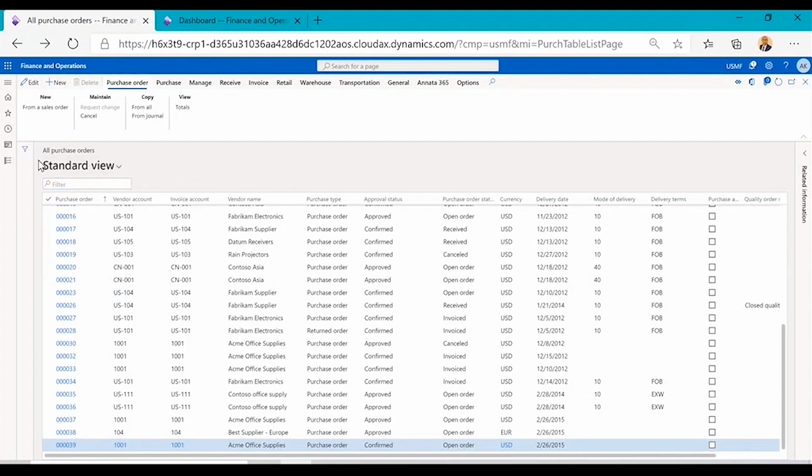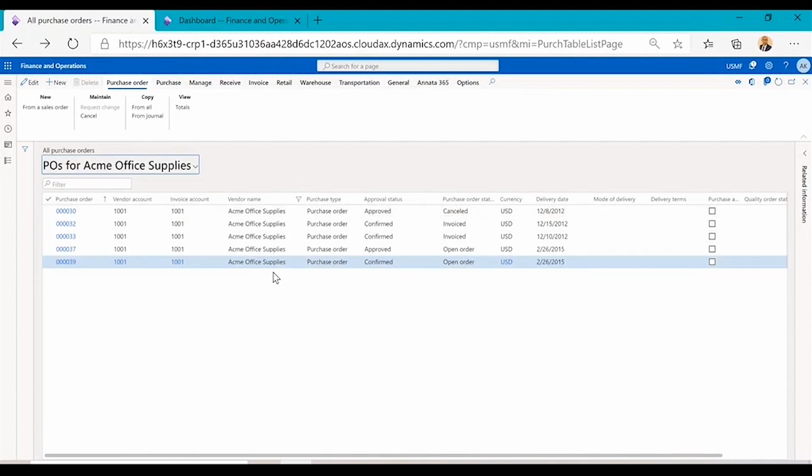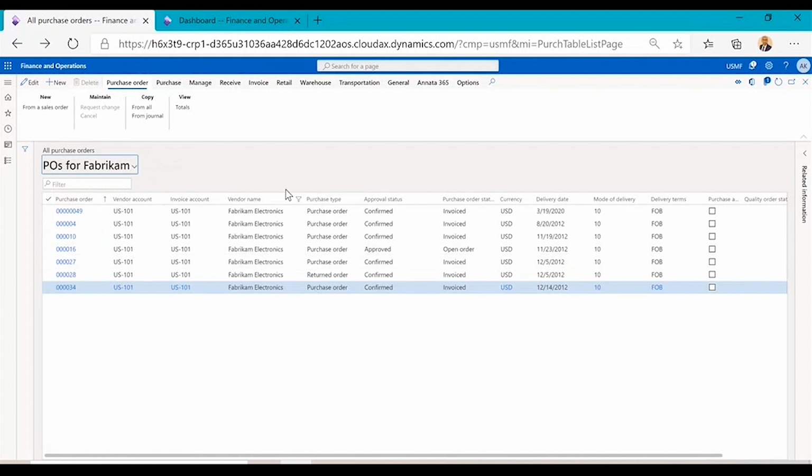views. So you can see that we have a new option here, which is the view. The default view is the standard view, but you have an option to create new views for yourself as per the filters that you choose, right? For example, I have created 3 views here that I most commonly use. I want to see all the purchase orders for my supplier, Acme Office Supplies. If I select this view, you'll see that the screen filters and I only see the purchase orders for this supplier. If I choose another view like POs from Fabrikam, so if I select that, I'll see the purchase orders